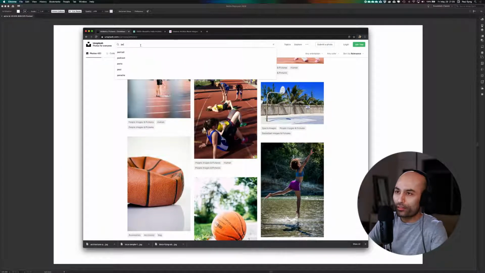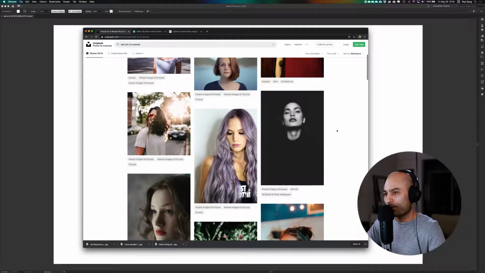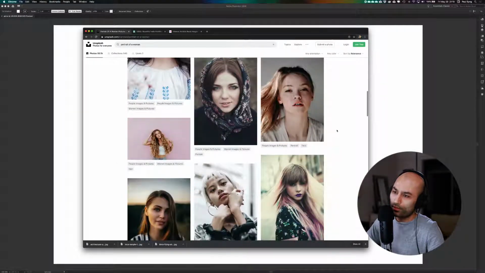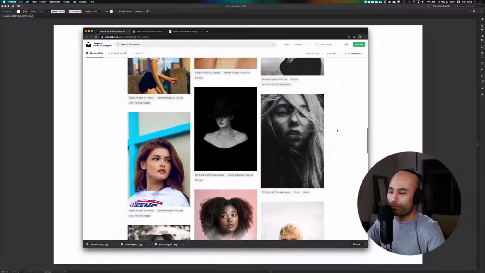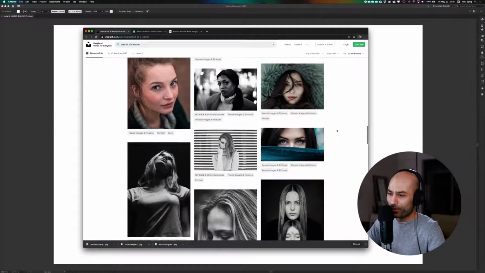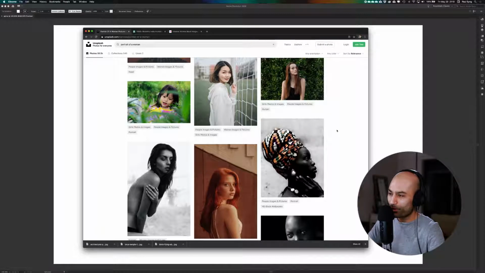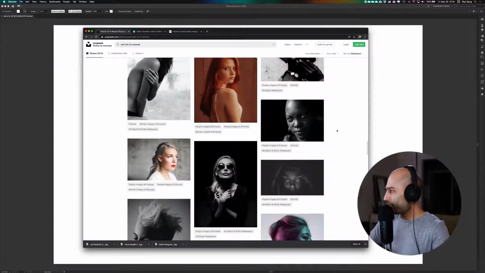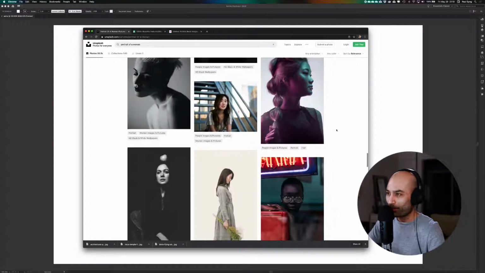Let's try portrait of a woman. I have no idea how this is going to turn out, but I have a feeling that I want to do something maybe with that staircase that we just downloaded, and potentially a face. I don't know what yet, but